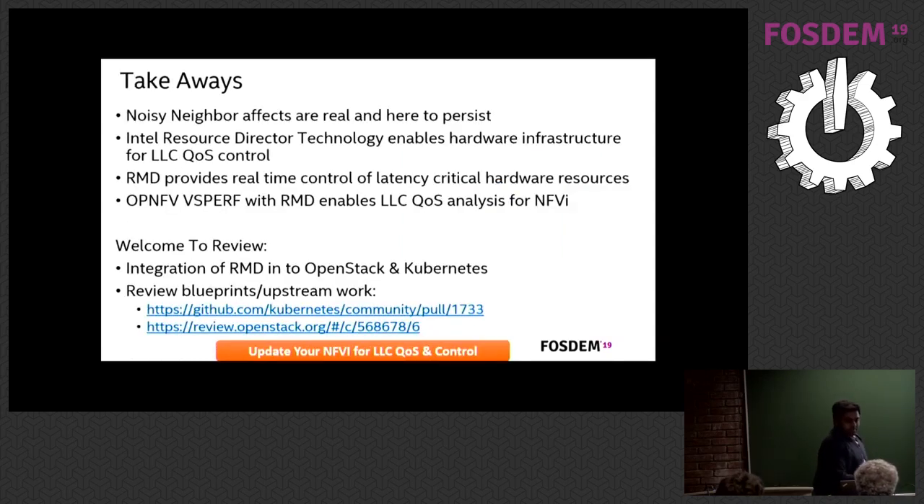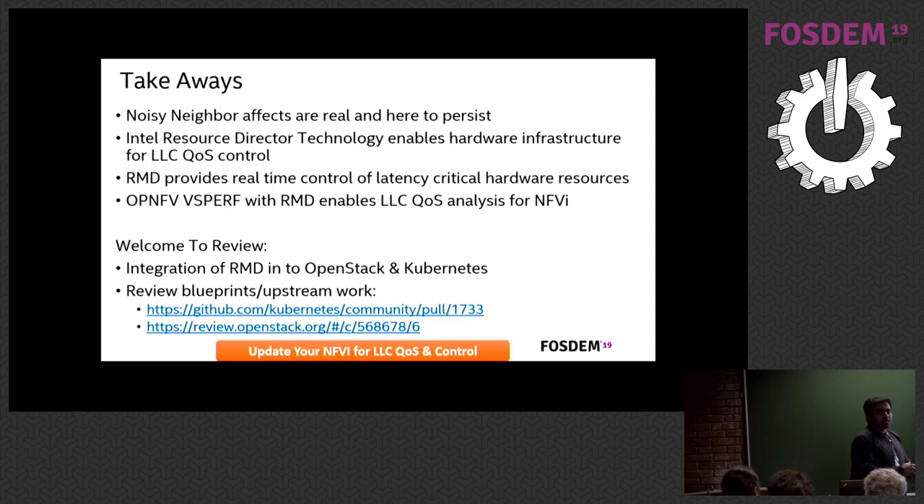So pretty much done. The takeaways at a high level: it's noisy neighbor effects. It need not be your CPU or memory. There are shared resources on the platform that you have to care about, like last level cache. RDT helps you do the LLC quality of service control. And RMD,